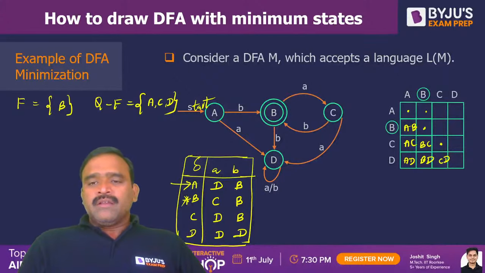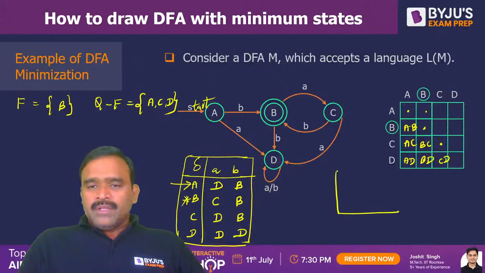So we can say 1, 2, 3, 4, 5, 6 pairs will be there for 4 states: AB, AC, AD, BC, BD, and CD. These are the pairs. AD also came. So what are the pairs? Now I am giving you